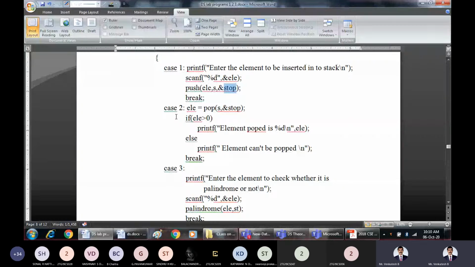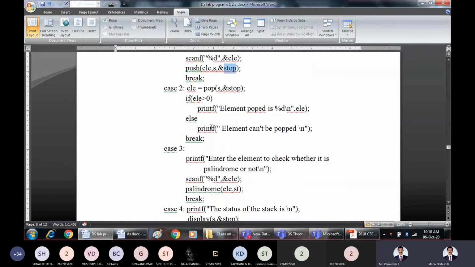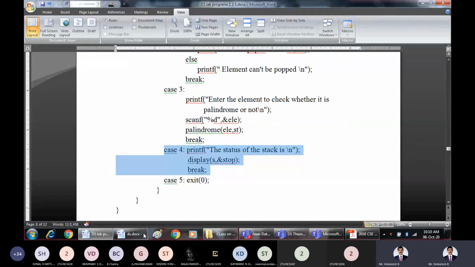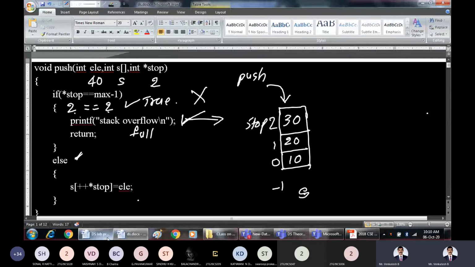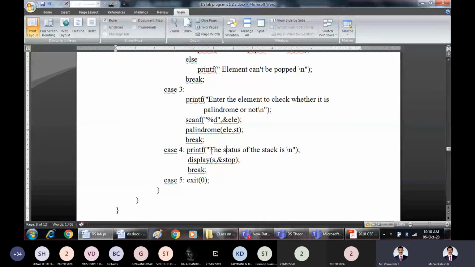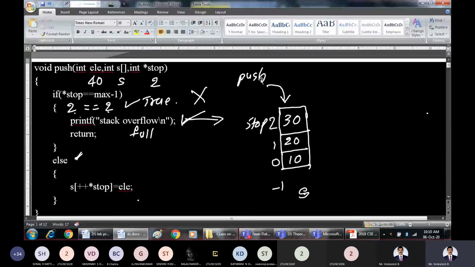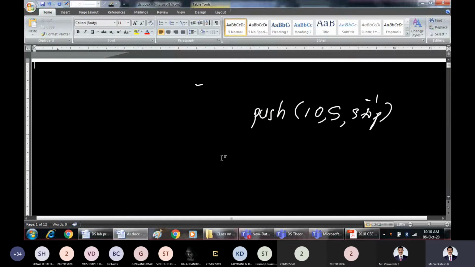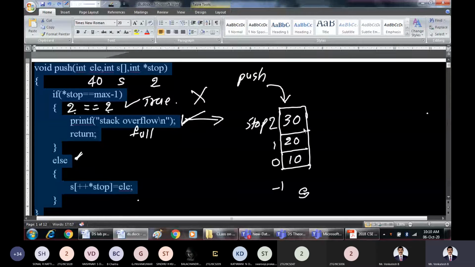That is, the first function is over. Now let us come to the display, because before I delete these elements with pop, let us display all the elements, because we already have 3 elements here. Let us execute the display function. That means whatever elements are present on the stack will be displayed. So what is the status of the stack? It will be displayed by calling the display function of this stack and passing the stack top. So at this location, 10, 20, 30 elements are there, right?